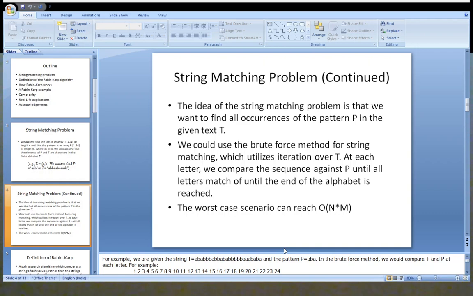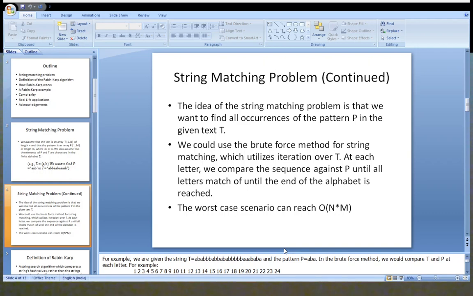The Rabin-Karp algorithm is better than the brute force attack because it does not perform one by one matching, but does certain different things. In the brute force attack, when we are matching a text string of length n and a pattern string of length m, and we are checking every possible combination, it means we are shifting one position at a time, then the total number of combinations would be n cross m, because we shall try every possible situation. Roughly, we can say that this would be equal to O(n cross m).